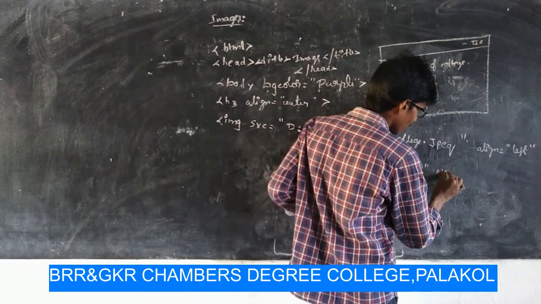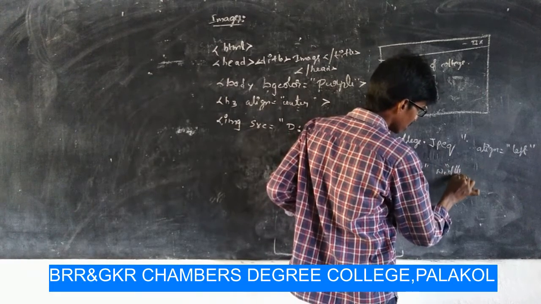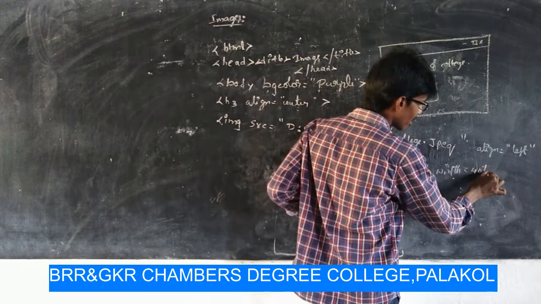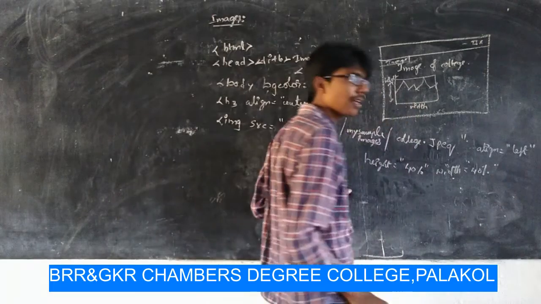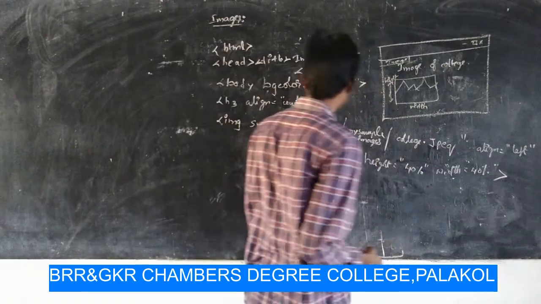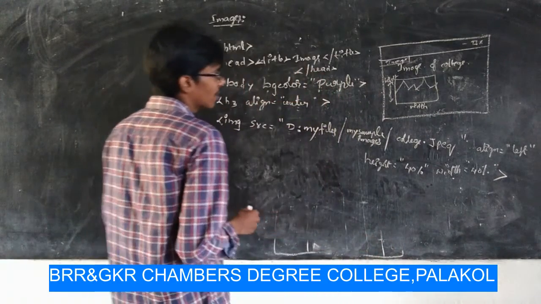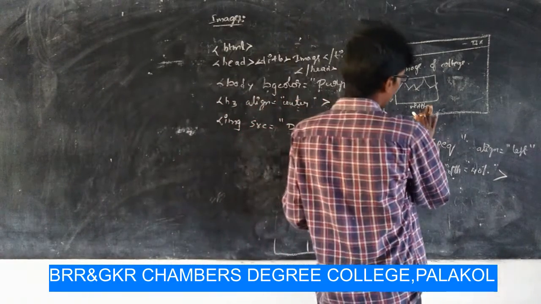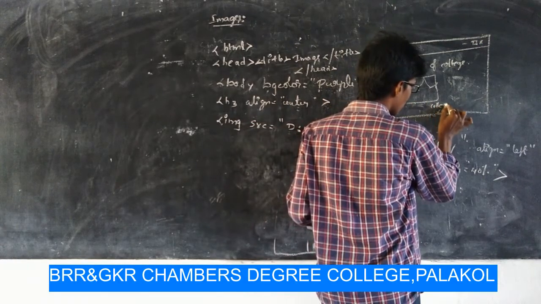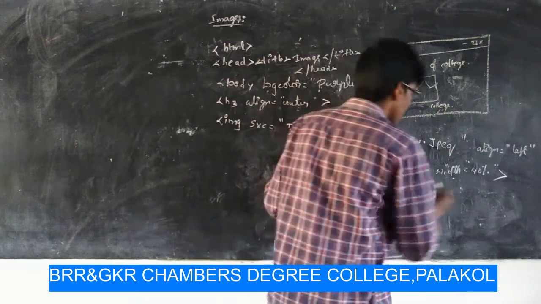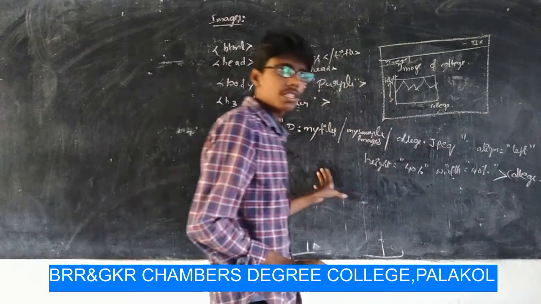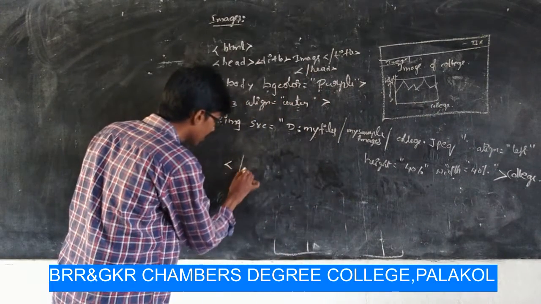After that, the width of the image is equal to 40%. Based on this resolution, the image can be occupied in our prepared document. Okay, then close the image tag. After that, if you want to name this image, simply the name is college, then this name can be included after the image tag. College. After that, close the image tag. Simple.